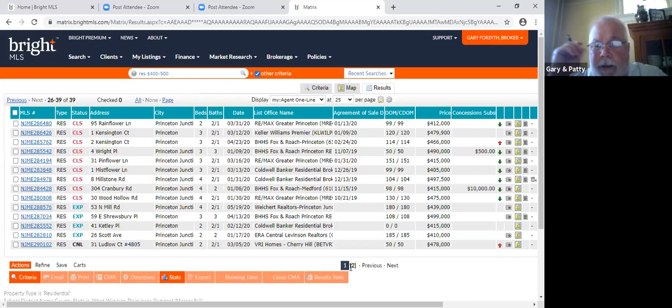Now, we have 7 active. So we have just about a 2-month supply. And that is considered a seller's market. As I said before, the average days on the market in the Harrisburg area is normally 90 to 120 days. And that's a point where most people are comfortable waiting that long to sell their house. If you get more than that, then that's a buyer's market.